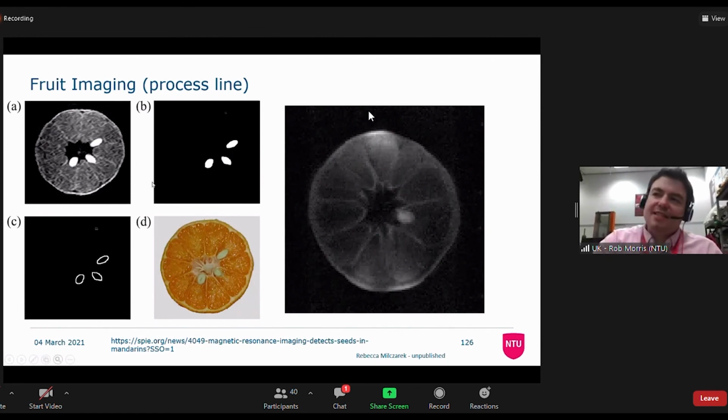On the left is another, this is not from the original work, but it's the same idea. So you can see here an image where it's really optimized to see the seeds, then you can segment them and say, oh yes, that's where the seeds are, and sure enough, that's what they are in real life. This was actually their image from the sorter, and you can see that one's got a seed in, so would